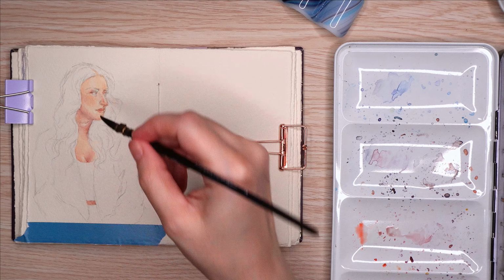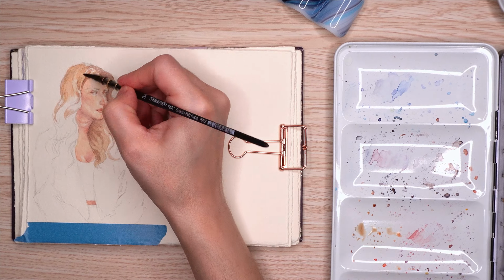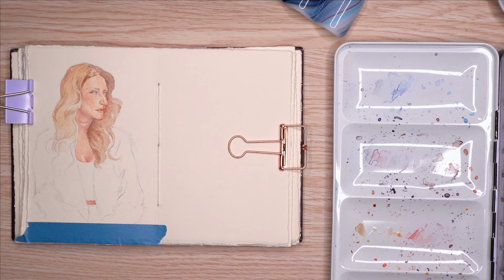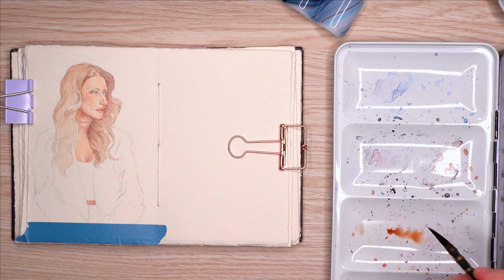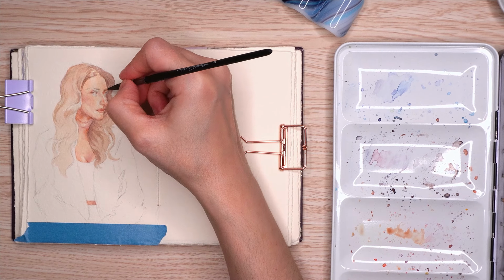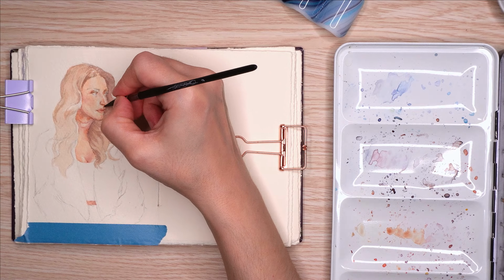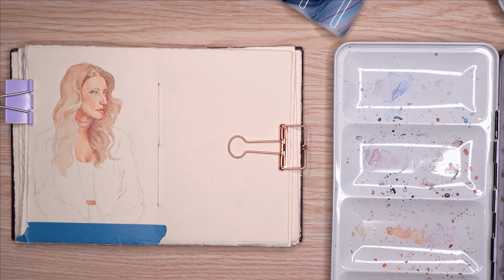But anyway, normally I would go with a basic split primary, and I say that, but especially when doing portraits, I rarely use a cool yellow. So normally I use a warm yellow, warm red, cool red, and at least one blue, usually an ultramarine, but sometimes also a cool blue, like in this case, helio turquoise. But because I had just done a painting with this palette, using my normal colors plus my normal convenience brown, which I think is the Indian red,